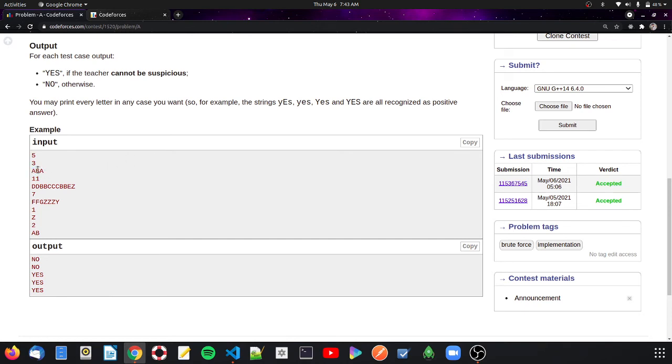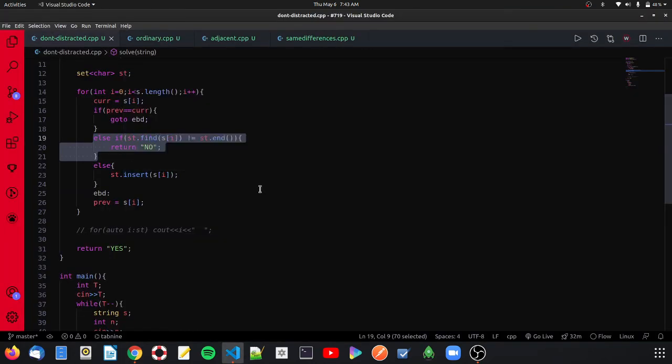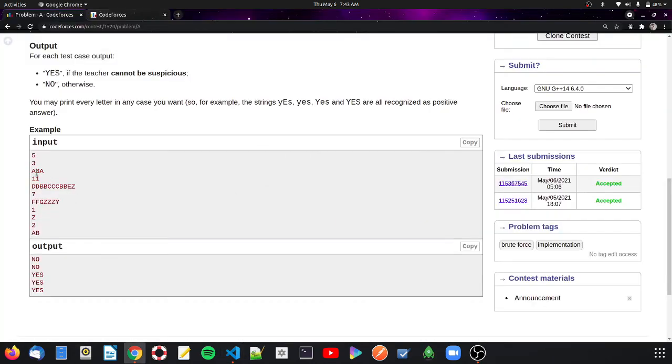At this point of time we will do B. B is not encountered before, so we will be inserting B into it. Again we have A. We have already encountered A in the earlier step, so we will simply return no.